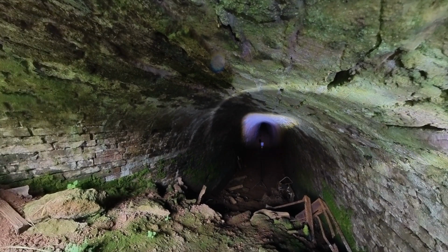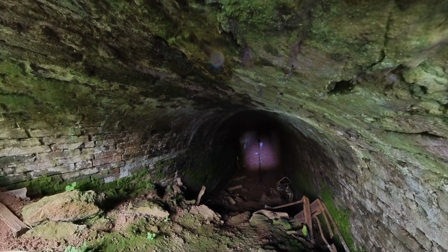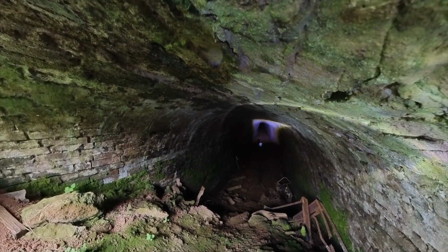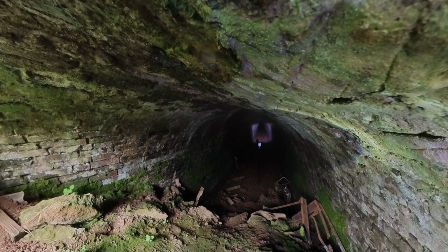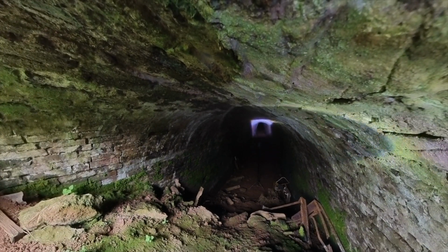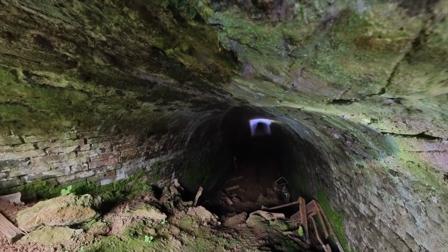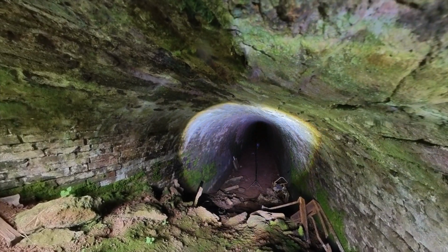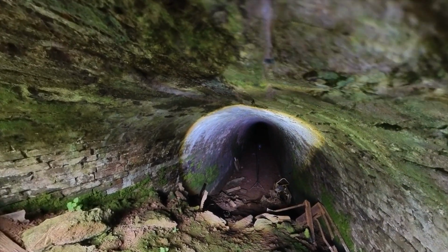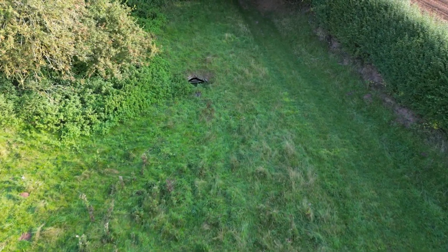So it wasn't on the original parliamentary application because it's so short. But they decided for some reason or another to cut and cover it. If you don't know what that is, basically they dig a big ditch where a canal's going to go. So they take the entire hillside out, right away from end to end. They will do everything they need to do. They'll build an arch, and they will then just cover it back over again